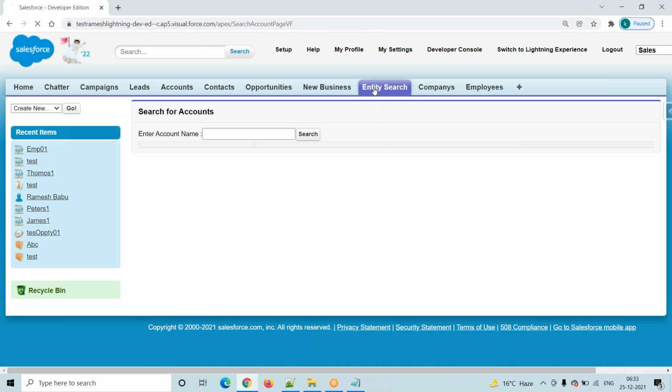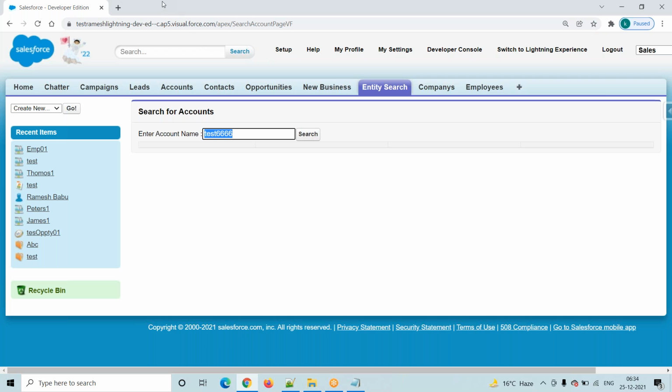So the topic is, this is our search page. Suppose you do not enter anything and click on the search button. Then we have to display an error message to the user. This is the first step. Suppose you enter some text here and there are no accounts. Then also we have to display some information to the user: there are no accounts with your text.